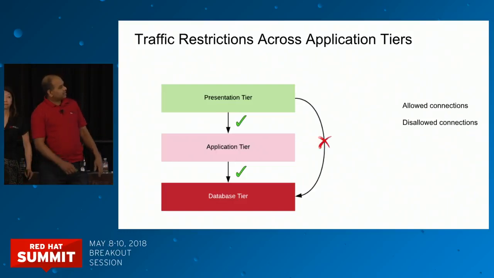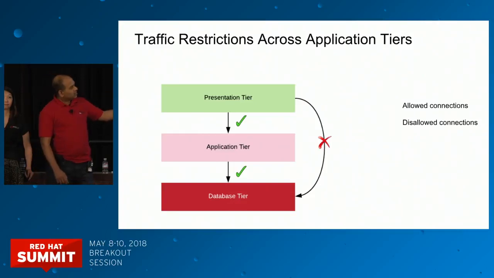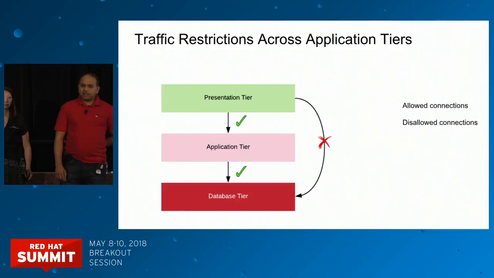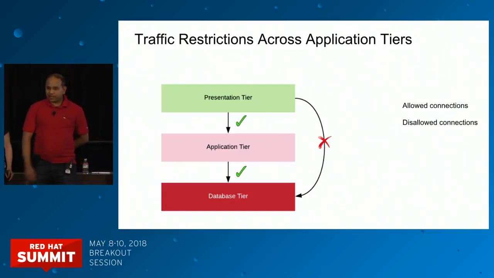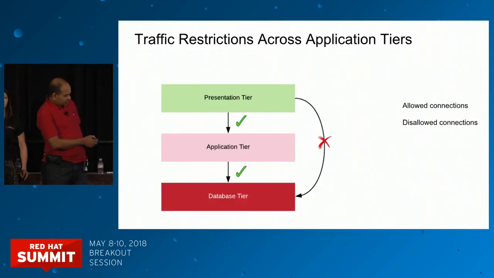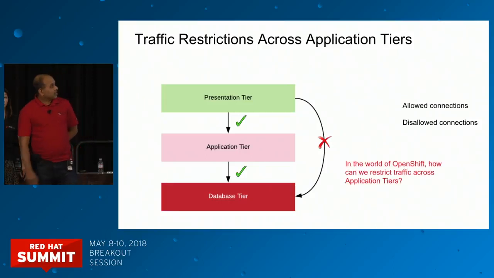And certain connections are not allowed. Your presentation tier should not be talking to the database directly. So how do I set this up on an OpenShift cluster? How do I take this kind of an application and restrict these kinds of accesses on an OpenShift cluster, right? That's where